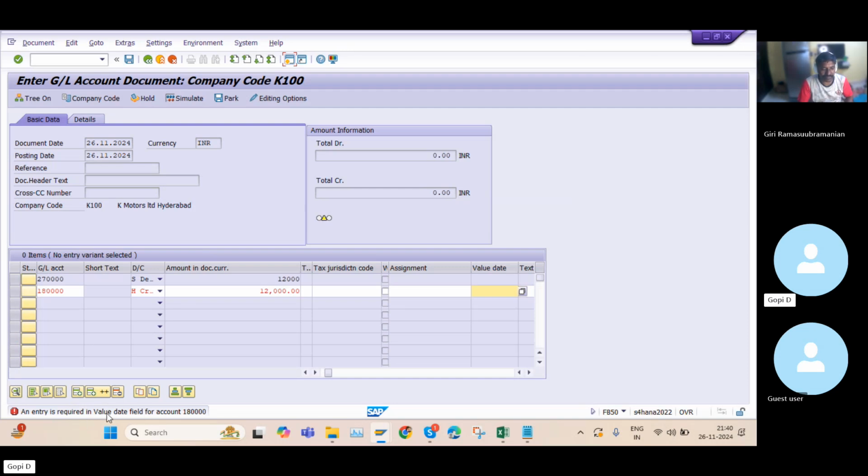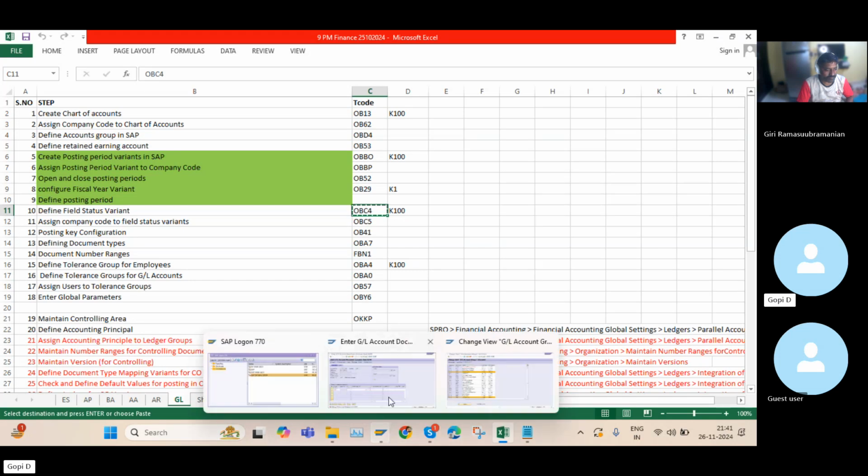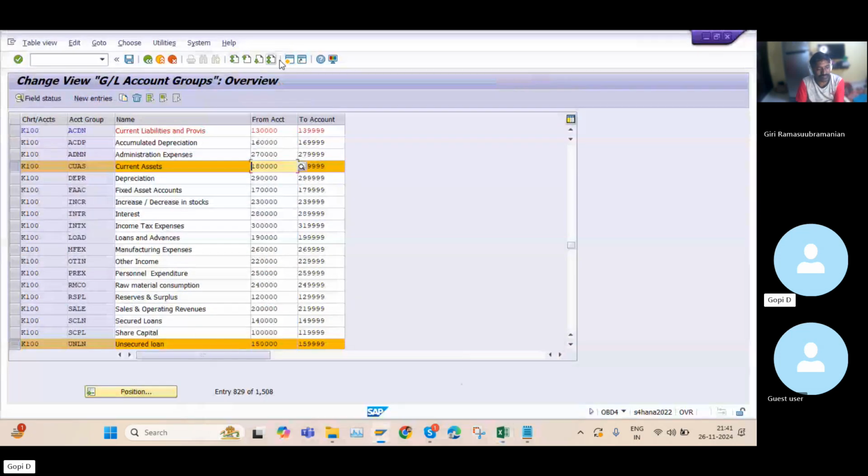So now the system is asking for the value date for the field account. This is mandatory. How does the system throw this error? Based on this setting. So I will show you the importance of this setting. Earlier we did this one. Where is my field status variant? Here. So if I go to OBC4,